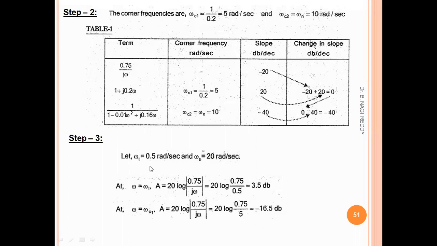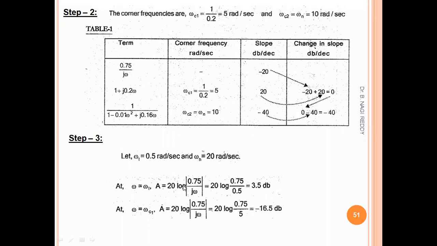Okay, right. So we have considered omega L and omega H as 0.2 and 20 radians per second respectively. Now we need to calculate the magnitudes for the magnitude plot. In order to determine the magnitudes, the first two omega values will have a formula, that is 20 log k, where k is the term which doesn't have any corner frequency.